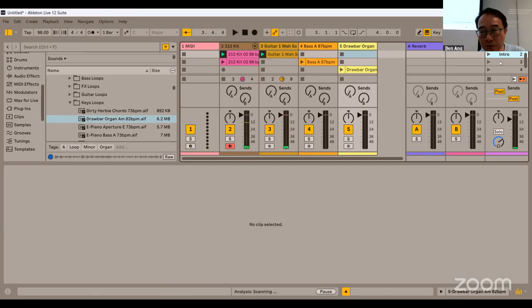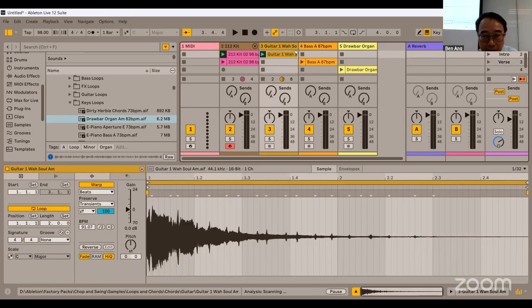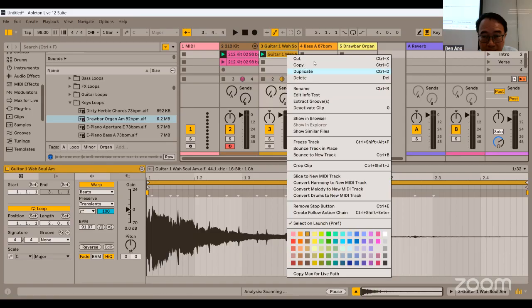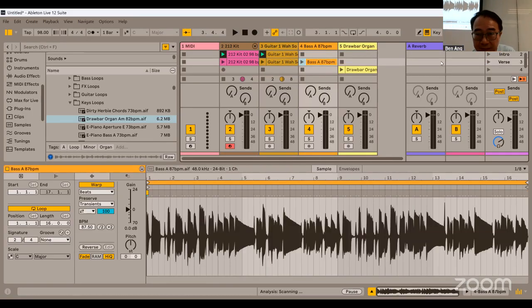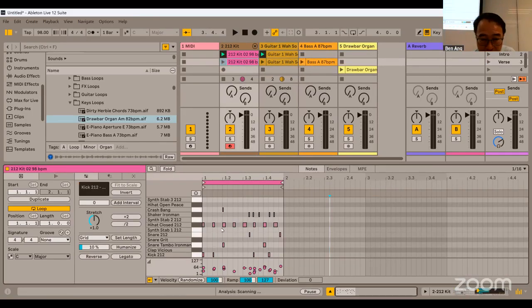Okay, let's say now I'm going to start with the verse. For the next row, the next scene, Control R, verse. I want the guitar still, so I right click and I duplicate. Now I'm coming in with the bass. Let's hear what it's like. But this one, I look at the drum kit, it's got everything. I want to have everything except for the snare. So I highlight the snares and I type 0. So if I hear it all together,